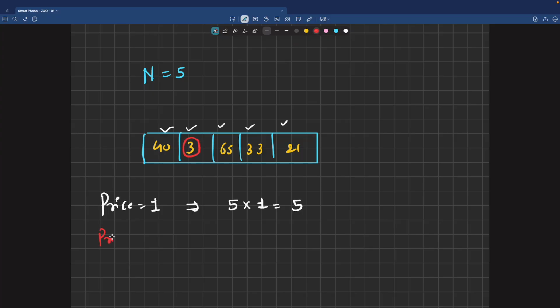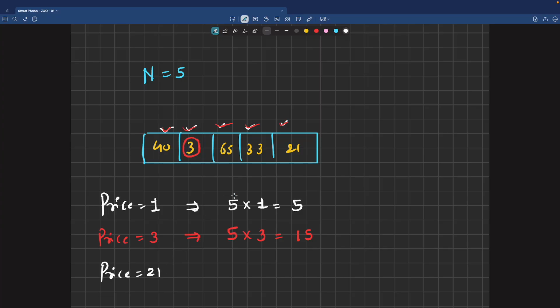So if I take the price as 3, I think again all of the people, the 40, the 3, the 65, the 33, the 21, all of them will be able to afford it. So I can say 5 people buying at a price of 3 will give me a revenue of 15. Okay, now can I increase the price? Let's say if I increase the price and make the price as 21,